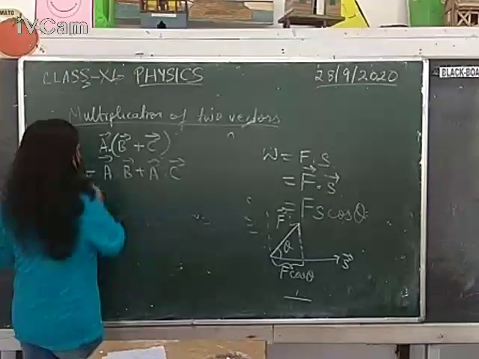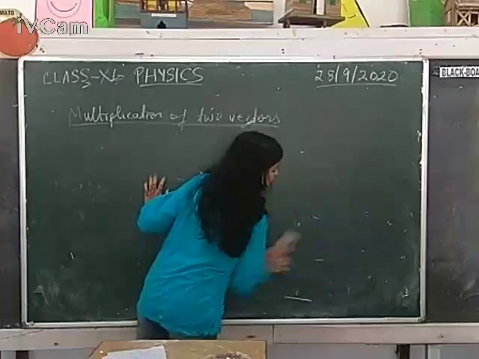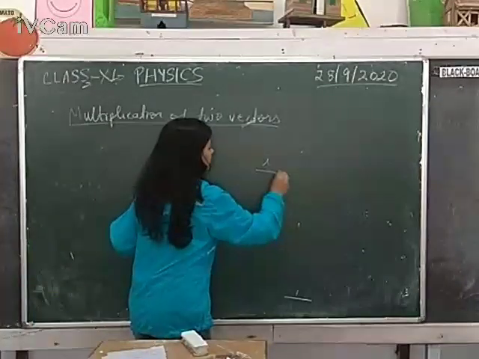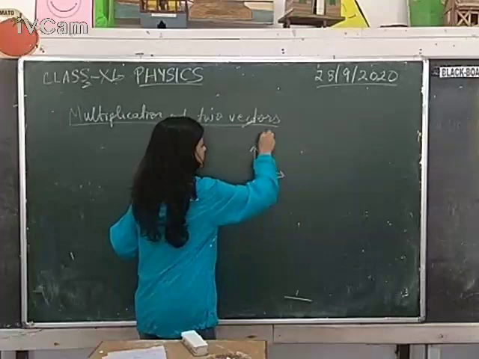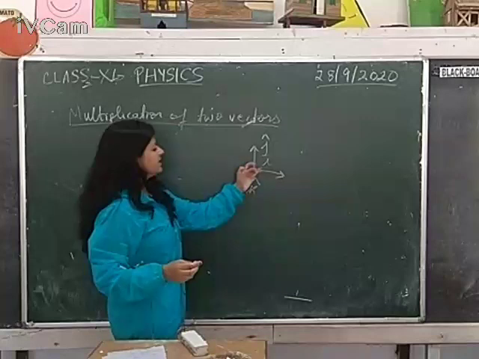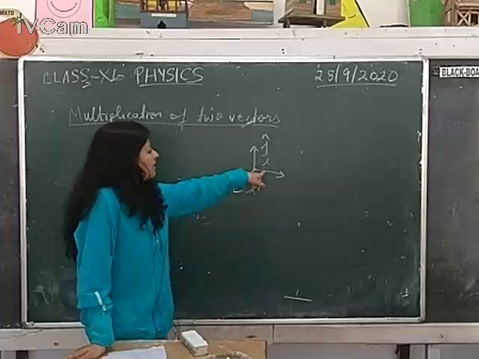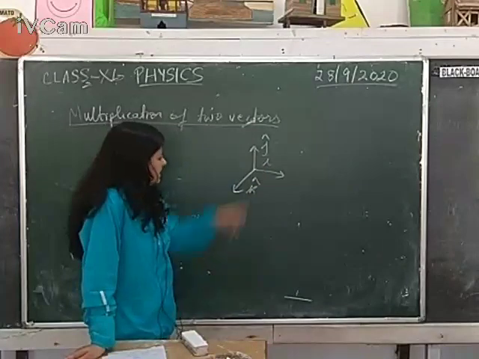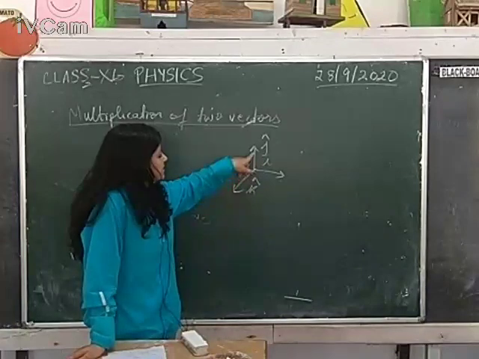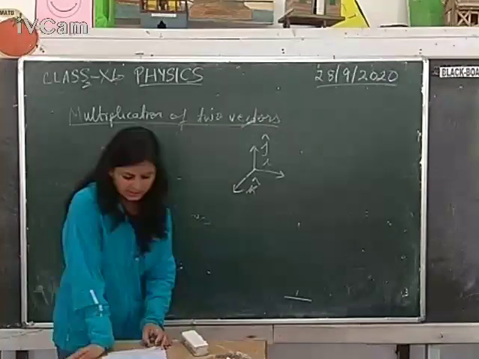Okay. Now we will come to a very important property of scalar product regarding orthogonal vectors product. Orthogonal vectors means i along the x-axis, j along the y-axis, and k along the z-axis. Now these three are in a 3D plane exactly perpendicular to each other. That means the angle between i and j is 90 degrees. The angle between i and k is also 90 degrees. The angle between j and k is also equal to 90 degrees. That is the meaning of being mutually perpendicular to each other.